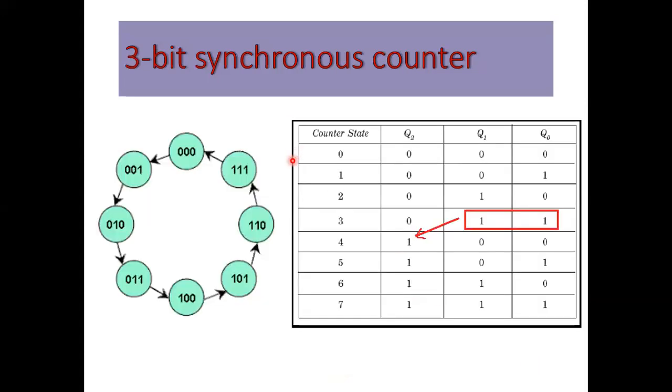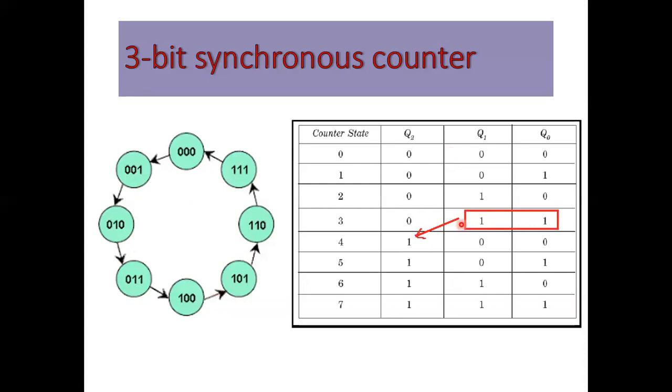And this is for the 3-bit synchronous counter. So you know how to write this: 0 0 0, 0 0 1, 0 1 0. Yesterday we saw that with the help of a weight, we connected a weight here, that is the 8421 weight. Based on the weight, you have to change its state. So how will the state change? All zeros, 0 0 1, 0 1 0, 0 1 1, 1 0 0, that is 4, 5, 6 and 7. So the loop will go accordingly, and here the same thing is written in tabulation.